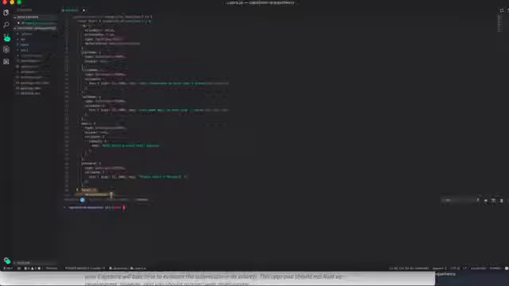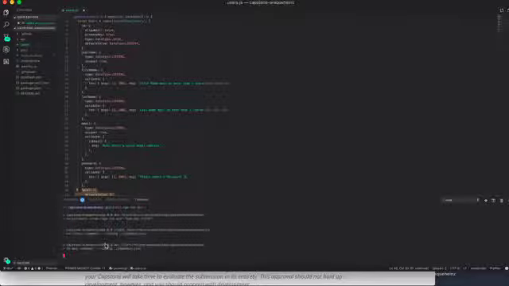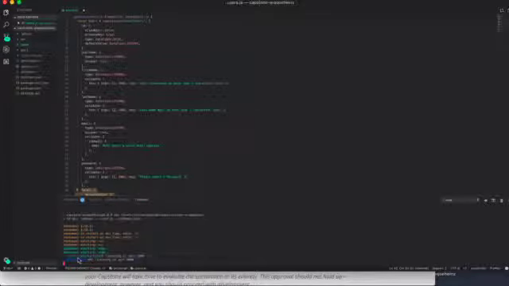So let me run both of them. If I go to npm run dev, it's going to use concurrently, and it's going to run my client server and my API server. If we go here to my client and we go to app, we can see here we have controllers. I have my public controllers or my routes. I have a create user route, which is created in order to demonstrate that I can